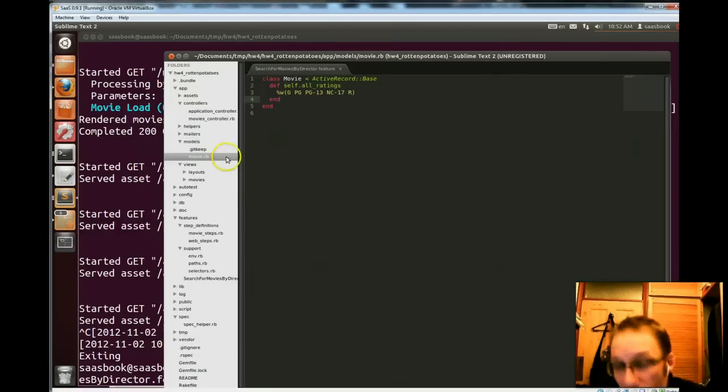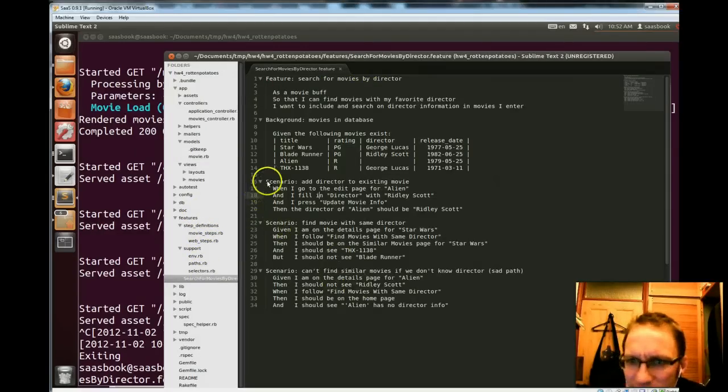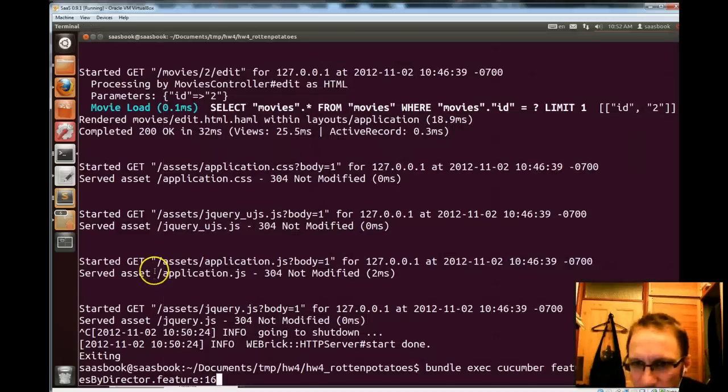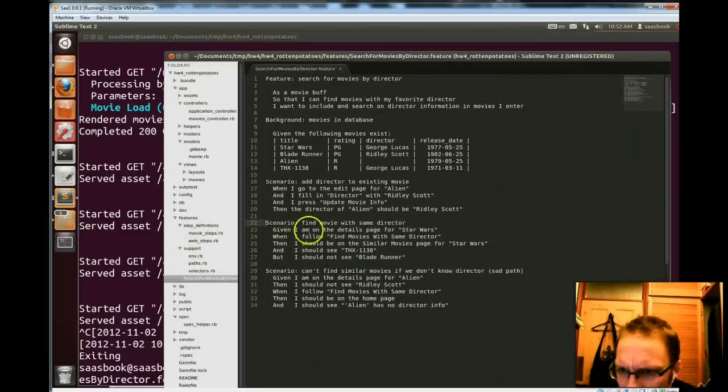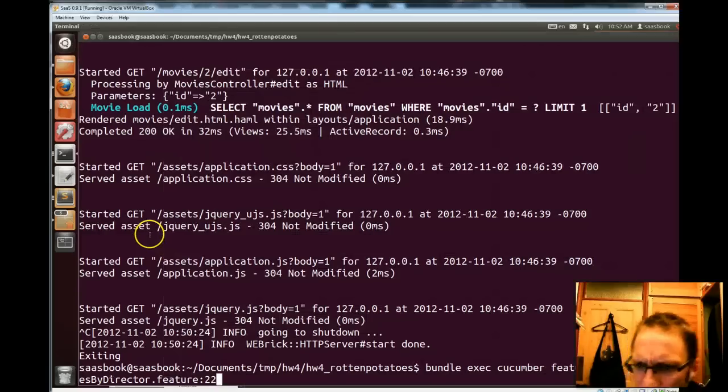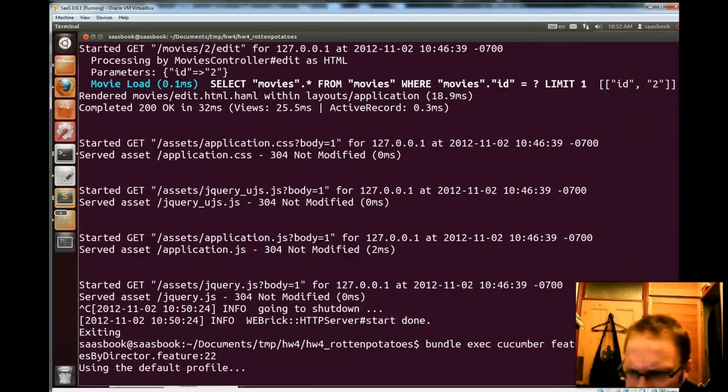Sensibly, at least from where I'm standing, the thing to do is go back to the features, search, and get this one to work. Remind yourself of the Cucumber behavior-driven development. Do that, and it's now on this next scenario, so we can pinpoint that scenario. It starts on line 22, and I think it's the happy path, where we look for something that has the same director, and we do find some other movies that have the same director. So if we now run that one,